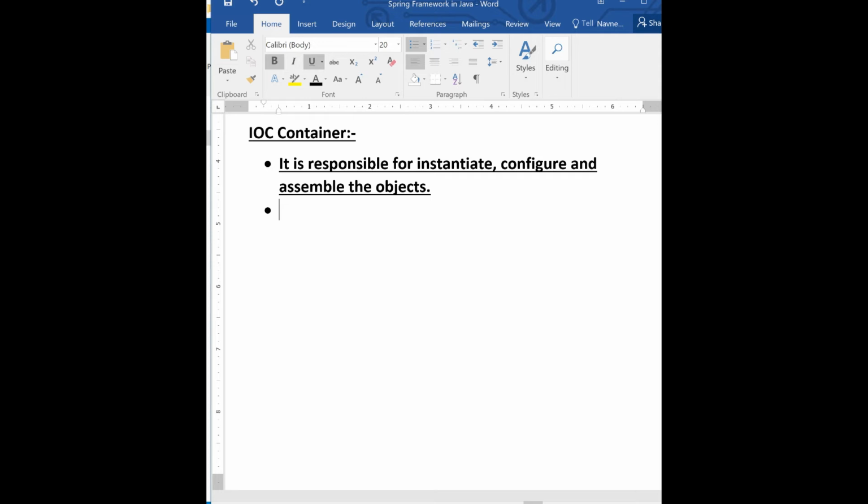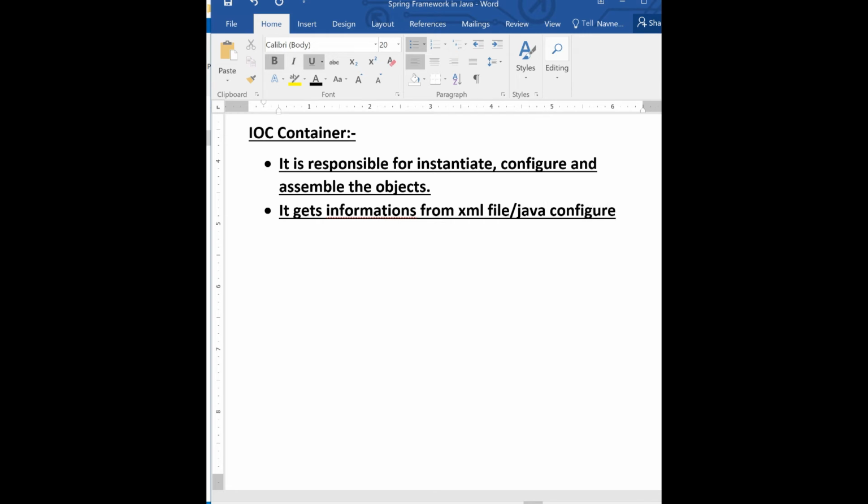So how does the IOC container know what to build? It gets information from configuration. In the previous version we used to get it from an XML configuration file, and now we have Java configuration as well.